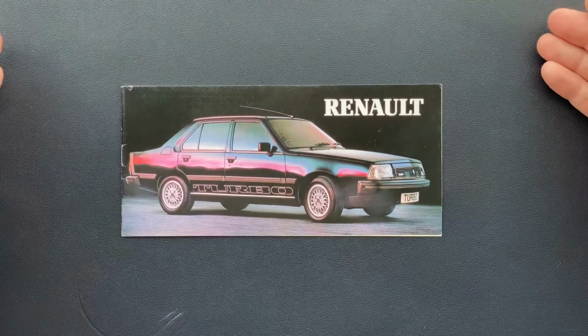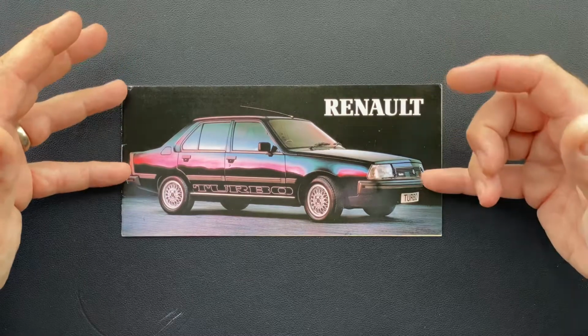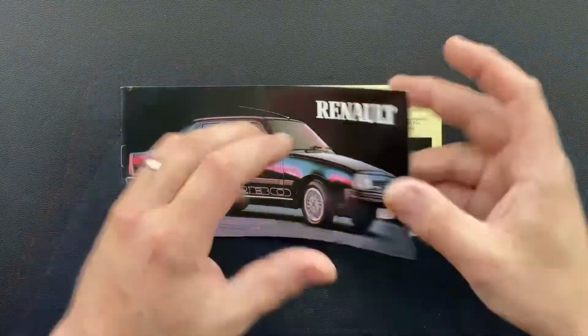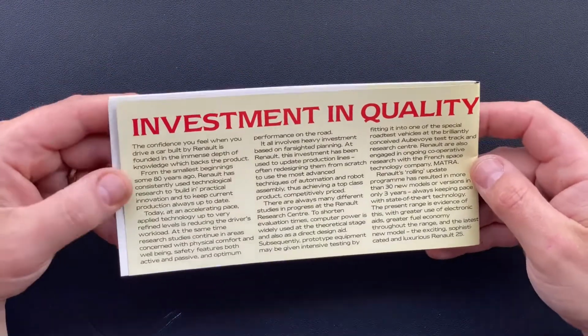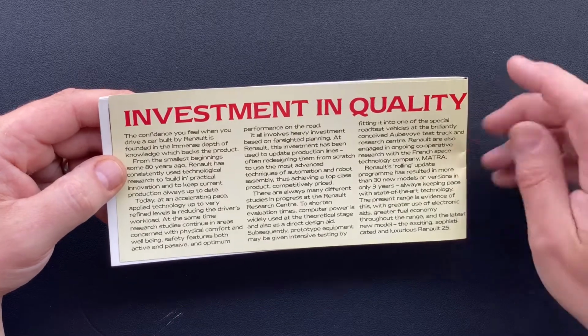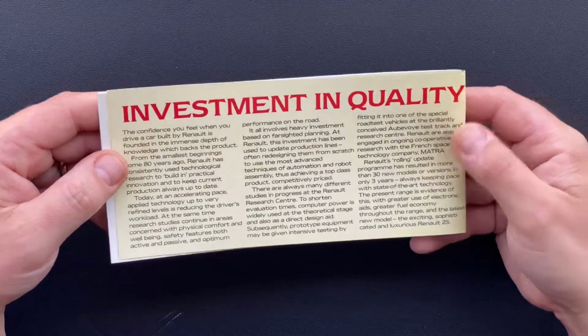It is a fantastic photo, isn't it? Turbo written on the side. I don't think I've ever seen one of those in the flesh, and I don't think you will either in Britain anymore. Investment in quality, that's the sort of thing that you'd hear from Rover, and they always used to put in their brochures, but that sort of thing is laughable really, because they just disintegrated as soon as they